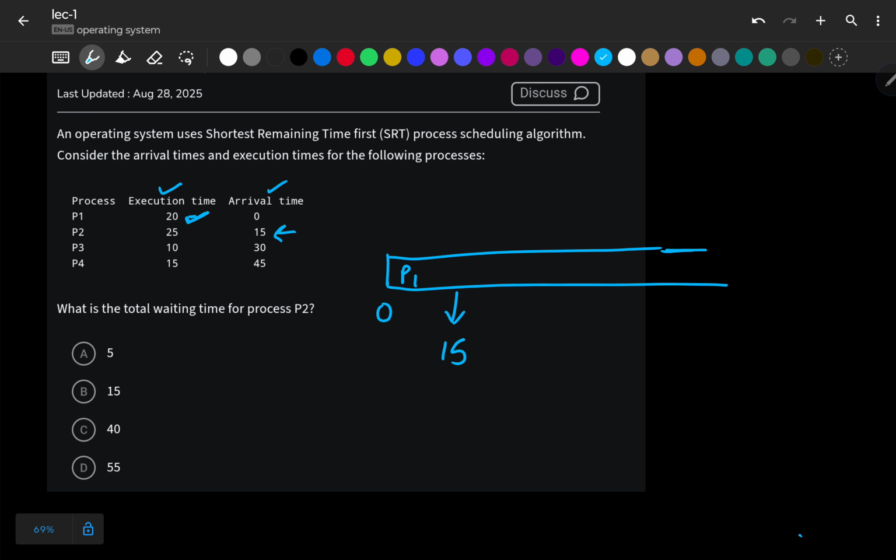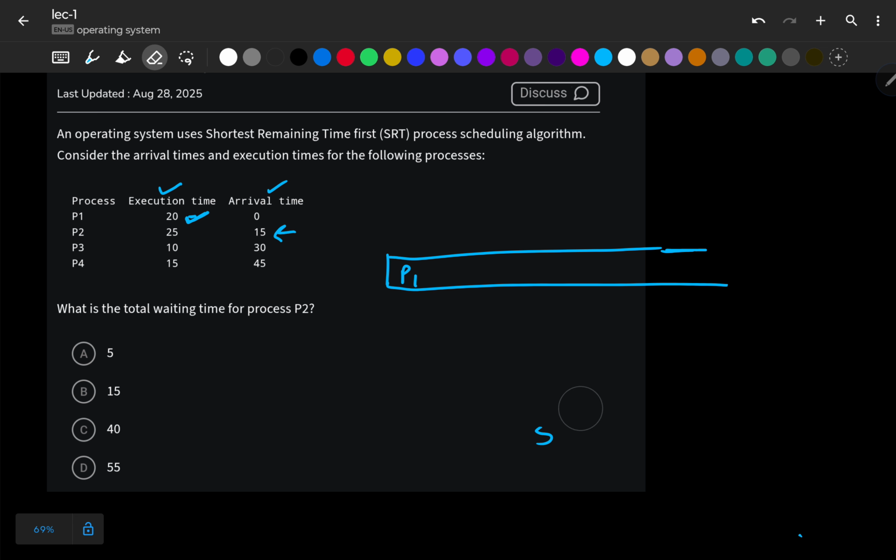So at time 15 we are going to check which is less, the burst time of P2 or the remaining time of P1. At 15, the remaining time of P1 will be 20 minus 15, 5, and the burst time of P2 is 25. So P1 is less, so it will continue its execution